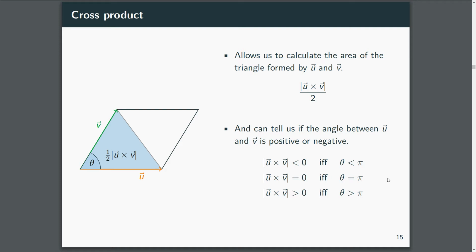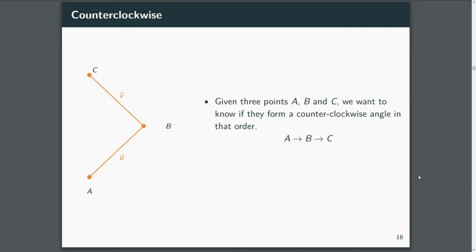If it's 0, then the vectors are collinear. If it's greater than 0, then the angle is positive. And this can be very useful for many things. For example,